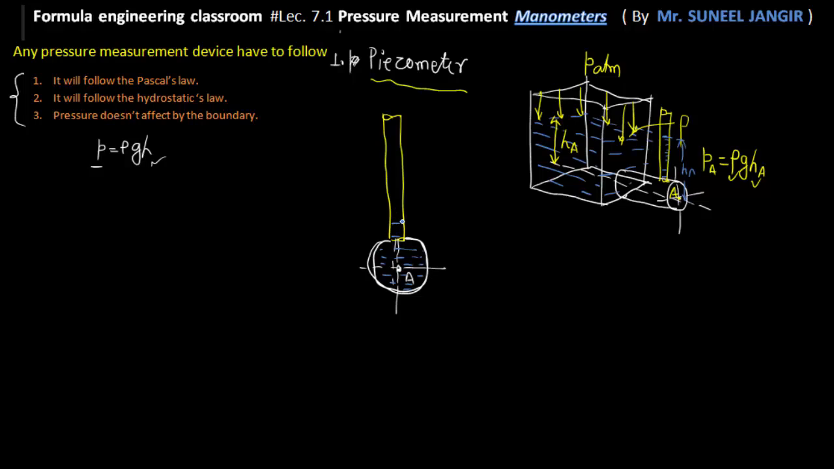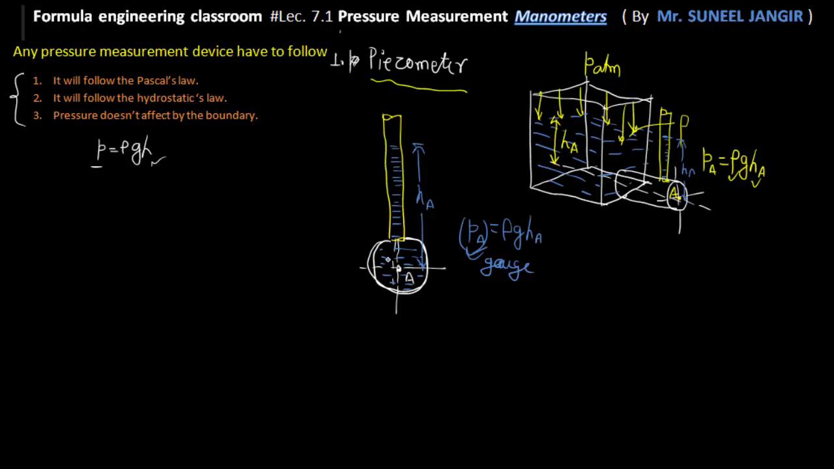So in this case, the fluid will rise up to the height HA from the point A. So I think by measuring this height HA in this tube, we can easily calculate the pressure intensity at this point A. So obviously we can write that PA is equal to rho g HA, and this pressure will be gauge pressure. Okay, so this is a simple straight transparent glass tube,